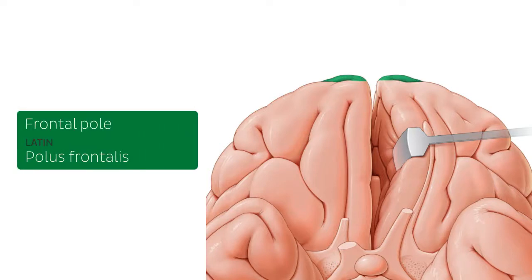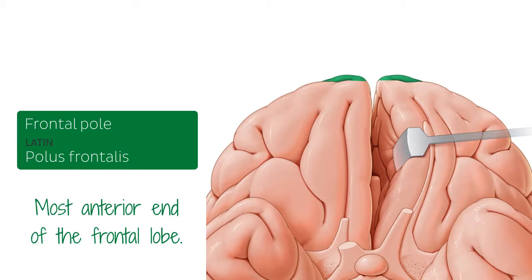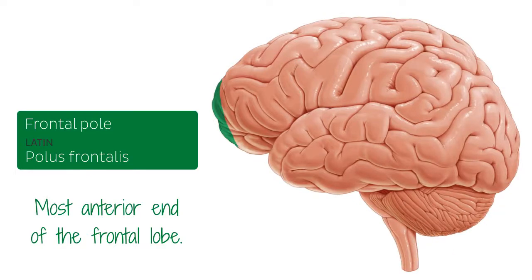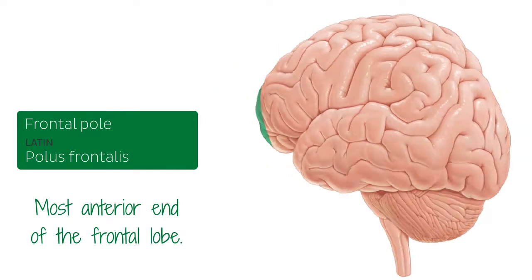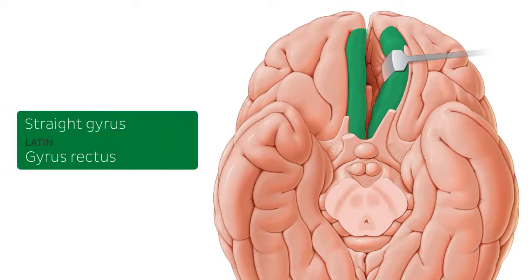Now here in our illustration, you can see this structure highlighted in green, which is the most anterior end of the frontal lobe. You can also see it here from this lateral view of the brain. So you can see here the frontal pole highlighted in green. Immediately posterior to the frontal pole, we find this structure here highlighted, which is known as the straight gyrus. The straight gyrus is continuous with the superior frontal gyrus on the medial aspect of the brain and is located